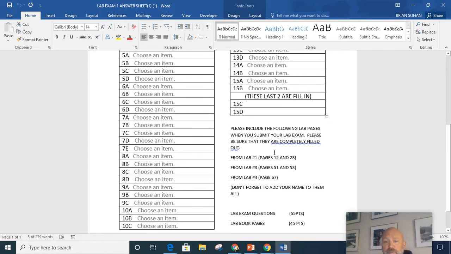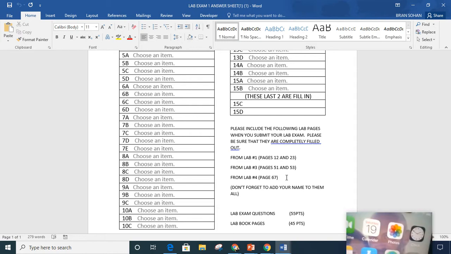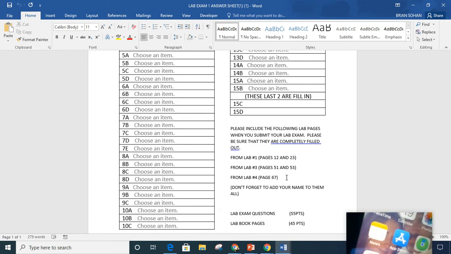When you're done, from your lab book, make sure you include these pages highlighted here. So what you're going to do is you're going to have to use your phone. There's a function, if you have an iPhone like I do, you use the notes. If you just hold down the notes, where's the notes? Right there at the top. There, that one right there. If you just hold that down,